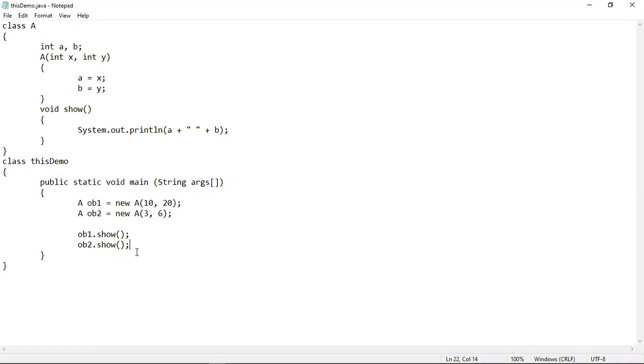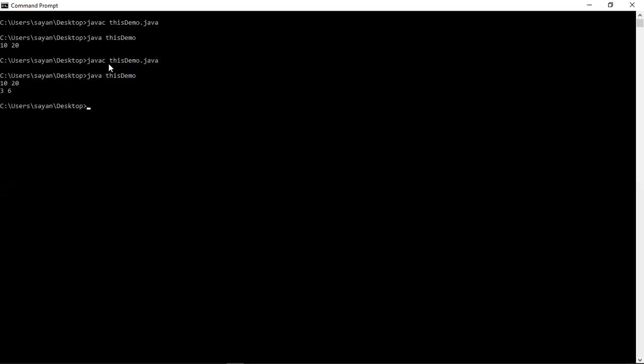So let me execute the program to show you the output. Here it is, the program has been executed, and as I have called the show method using both the objects, it is giving you two different outputs.